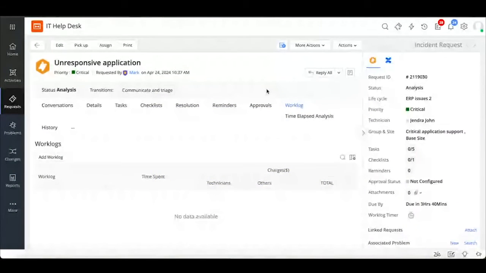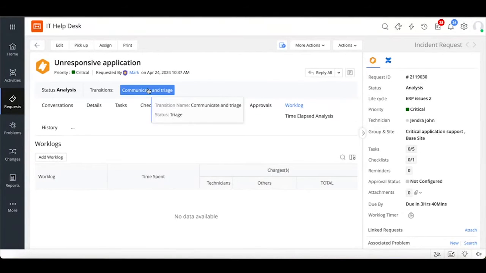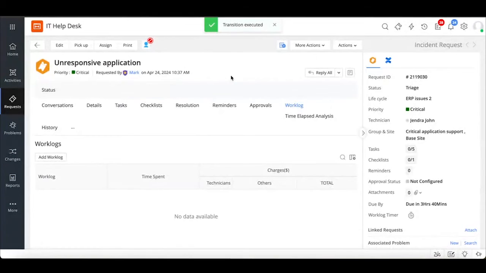All right. Since multiple users are facing the same issue, the IT team at Zilker figures that there is an underlying cause that is resulting in this outage taking place in the first place. So now it decides to perform a root cause analysis to drill down into what that issue is. That's when we'll tie up with our problem management module. So let me click on my next transition. And now let's say the IT team would like to perform a root cause analysis.